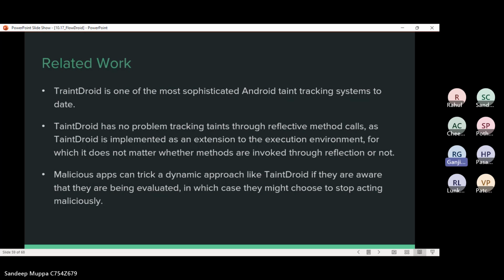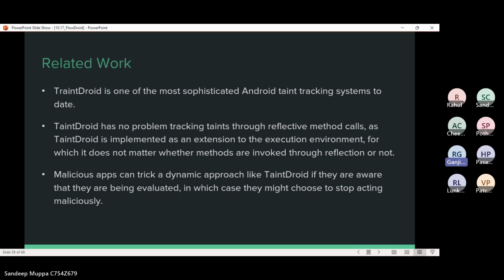For instance, TaintDroid has no problem tracking taints through reflective method calls, as TaintDroid is implemented as an extension to the execution environment, for which it does not matter whether methods are invoked through reflection or not. On the other hand, we can also say that it is used for triaging malware before installation time.